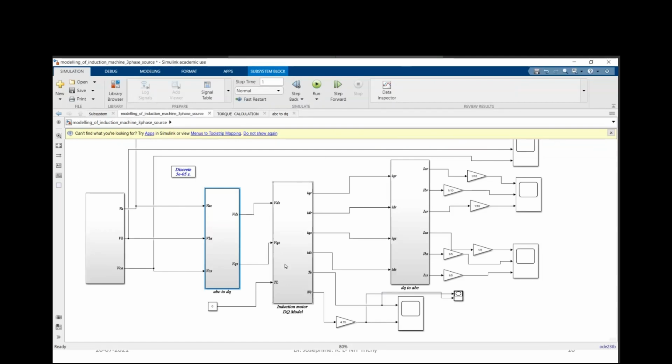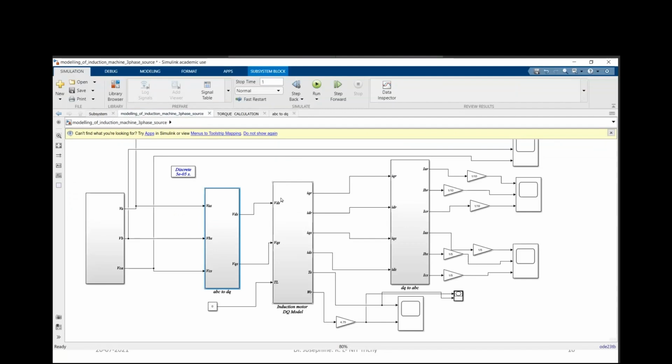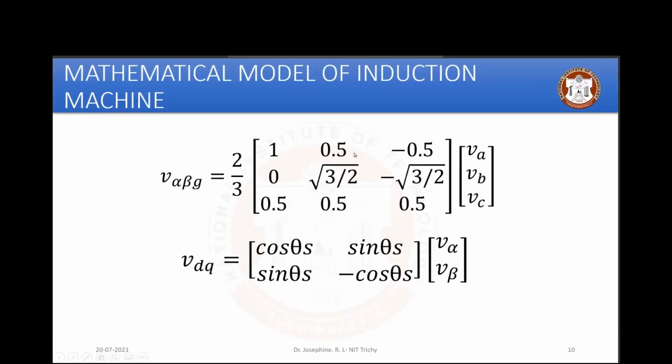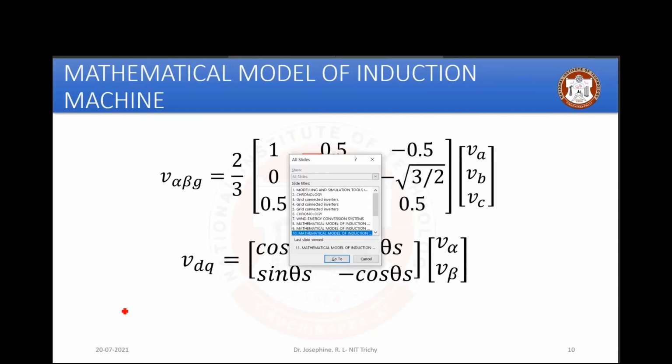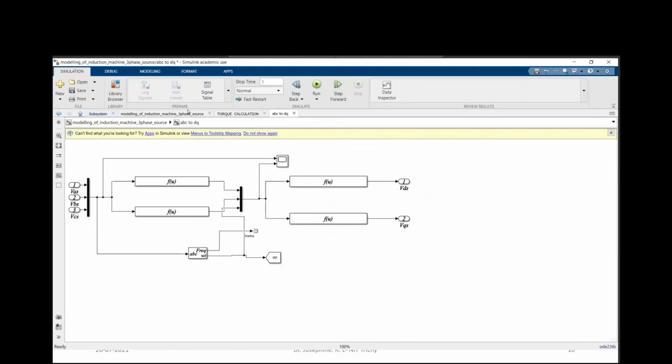I don't know something. Okay, irrespective of that, it is like ABC to DQ conversions we have done here, and that DQ you can take a screenshot, and these function blocks you can try to implement. As I said, you have to use a minus here. Pen, it has to be minus. I'll save this. So you can go for that